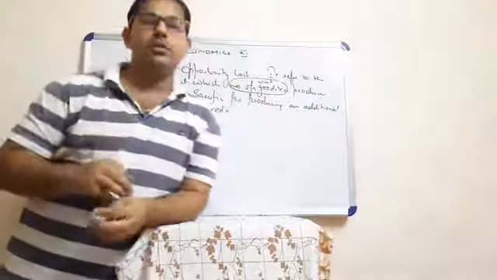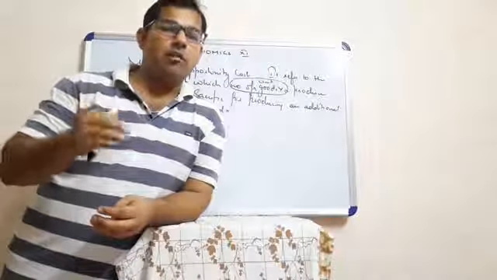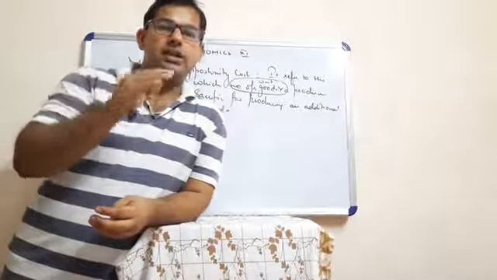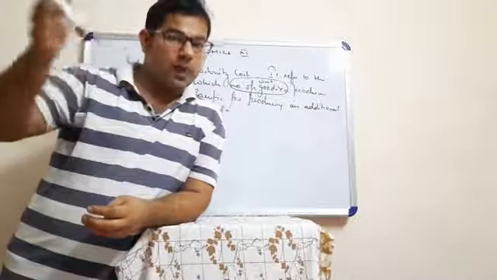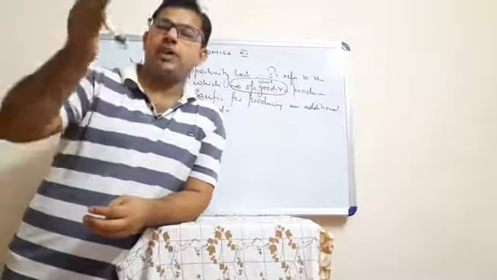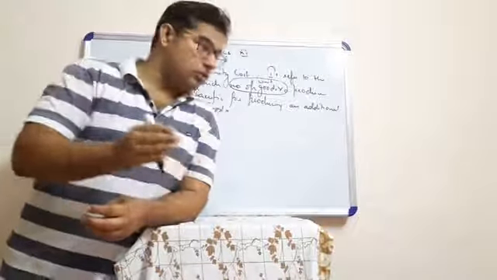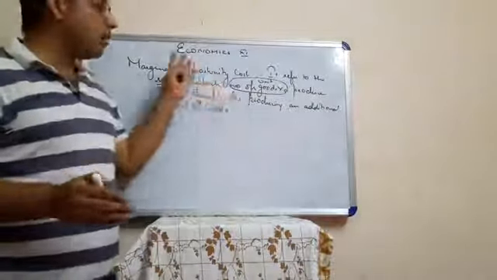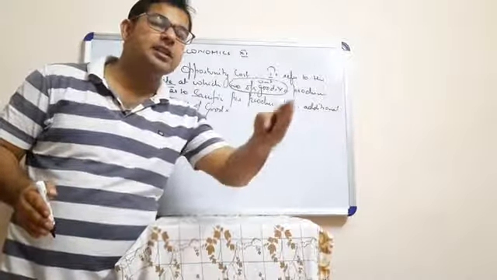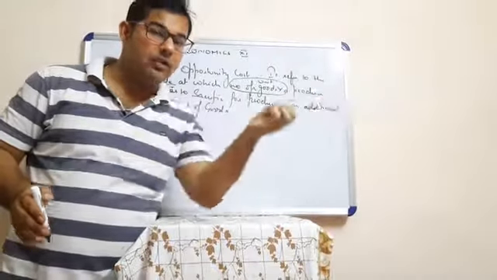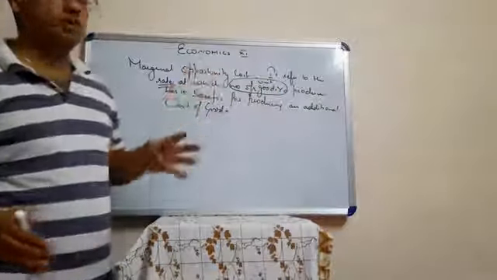As I discussed, PPC is formed on the basis that the resources are fully and efficiently utilized. Therefore, if you want to produce more of x, we have to sacrifice some units of good y. So MOC will tell you, if you want to produce an additional unit of good x, how many units of good y are to be